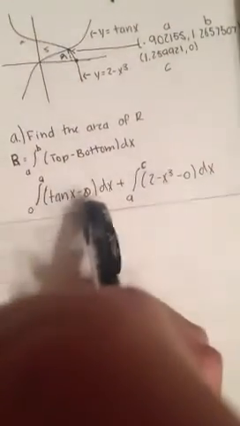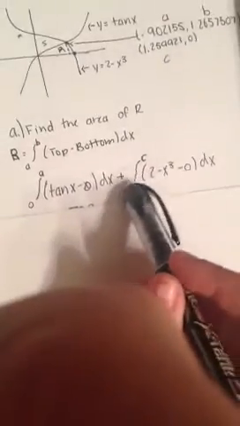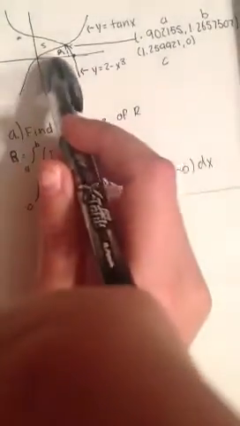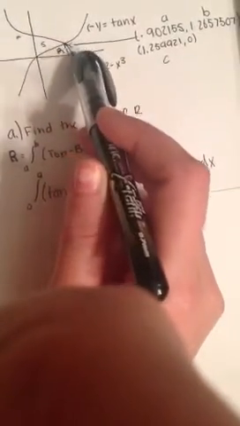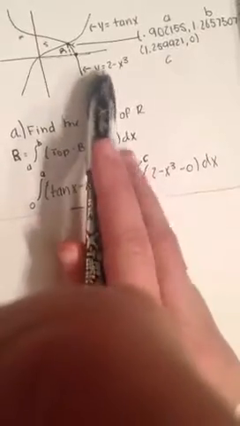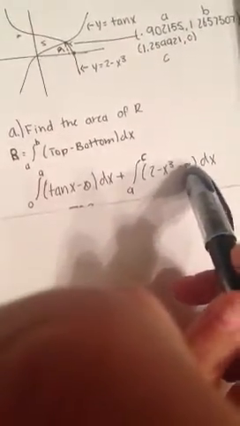So I have this right here. And then I'm going to add this area from my intersection to the 0. And my top for that is 2 minus x cubed. My bottom is 0. So when I calculate that in calculator,